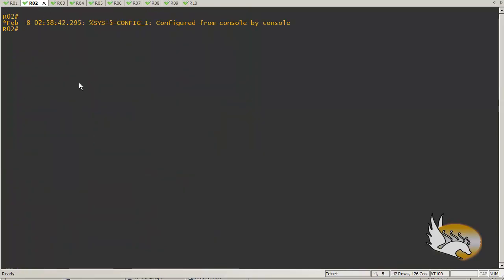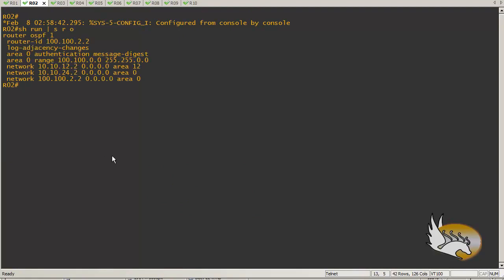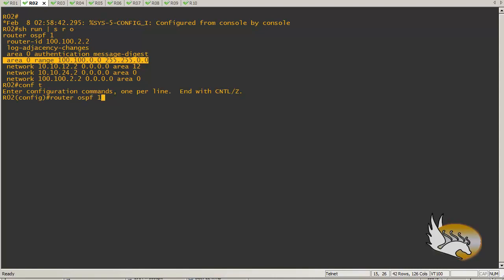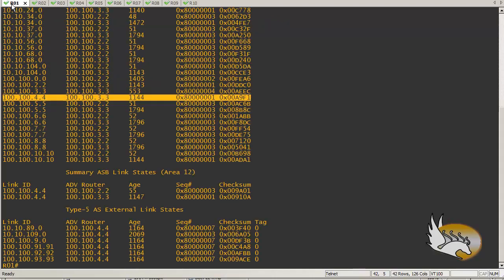I should go to router 2 and find out this. Show run section router ospf, and I guess I have a filter here that says area range, and this is why I do not see anything from router 3. I want to remove this, so I go to router ospf. Let me type router ospf 1 and remove this command like this. Now by removing this, I can go to router 1